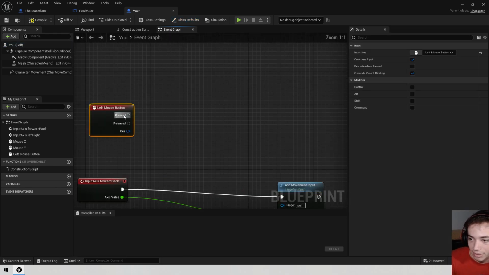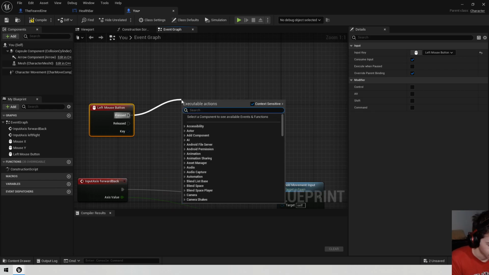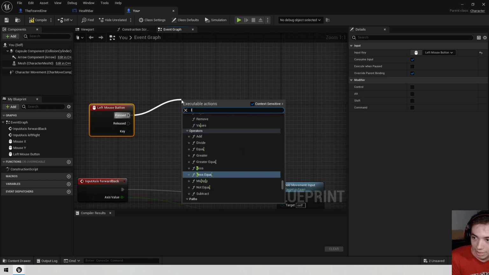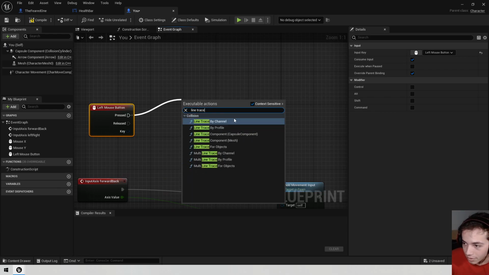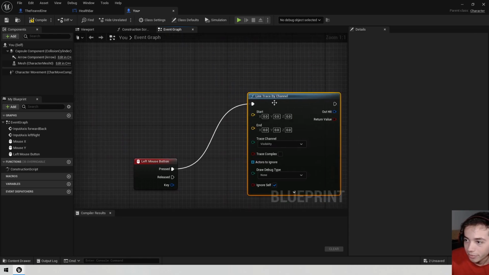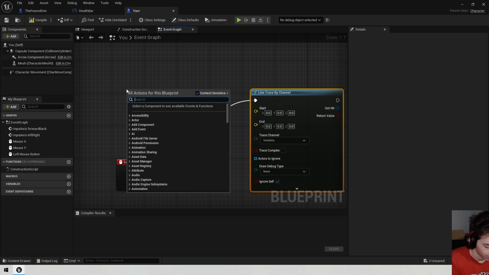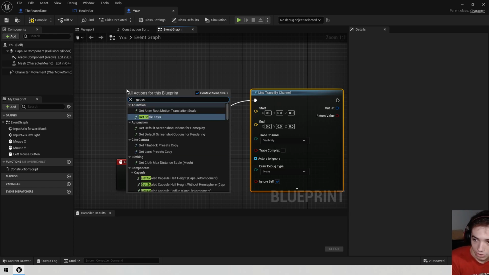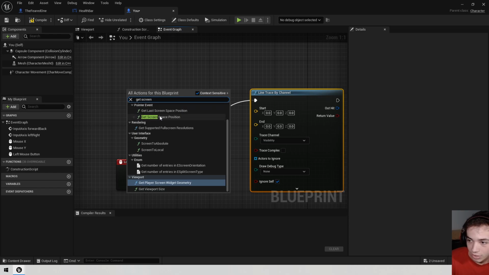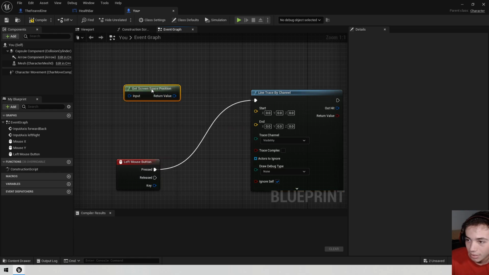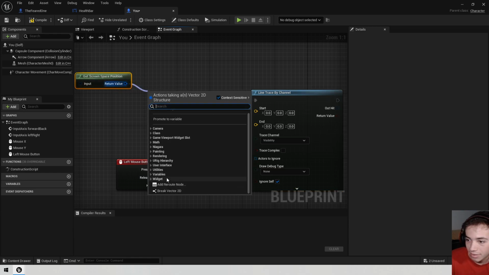On left mouse button pressed, line trace by channel from get screen space position, break this,